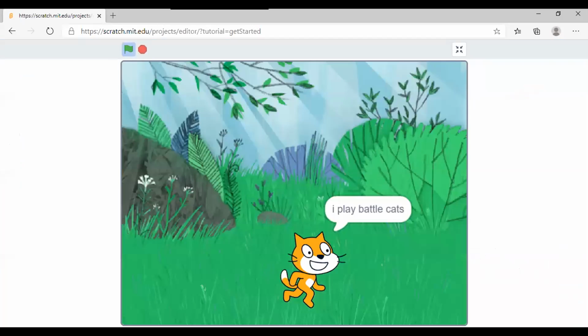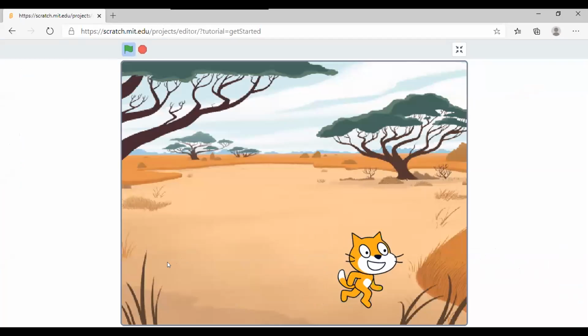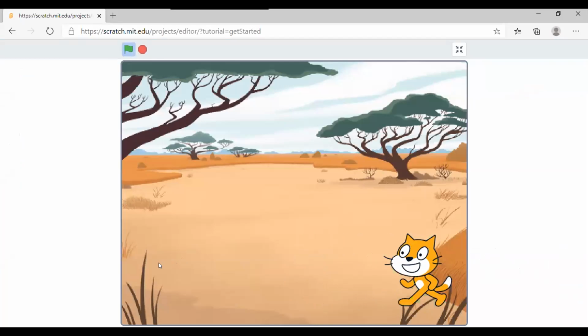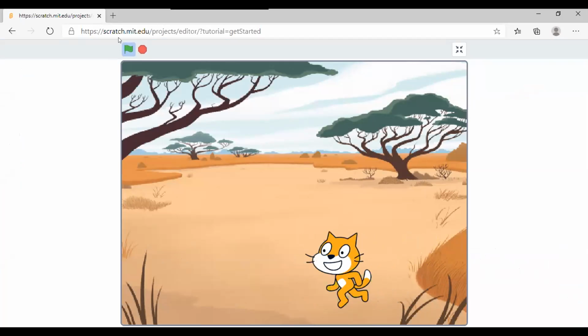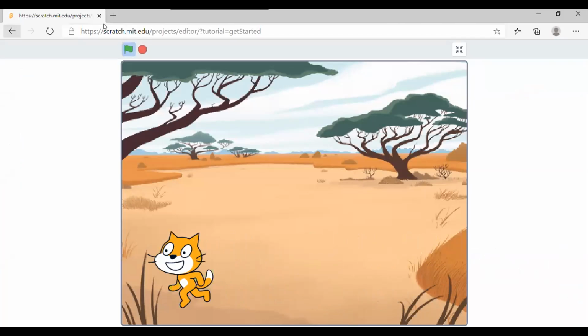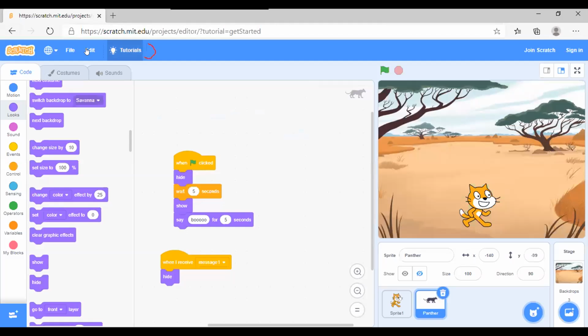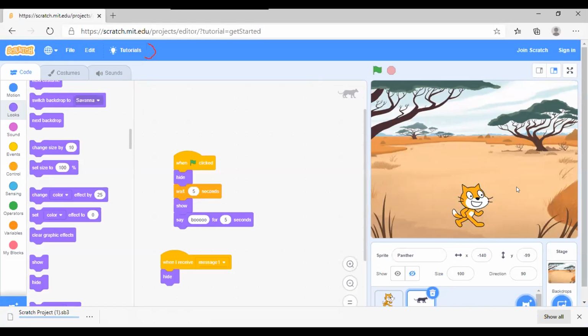Okay, very good. Run. Okay, very nice. Rohan, you know how to save your work, correct? No, you don't know how to save it. Okay, please stop it. You have to go to File and then you can save to your computer. Okay. So I'll talk to you soon, Rohan.